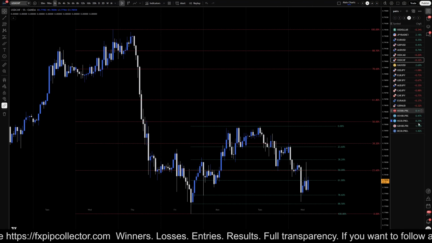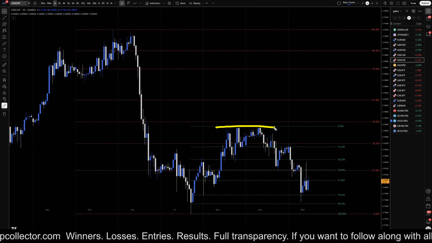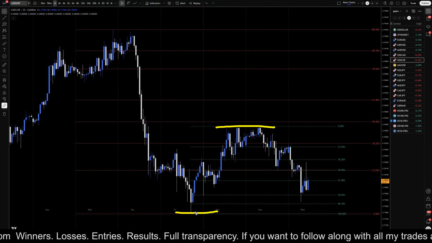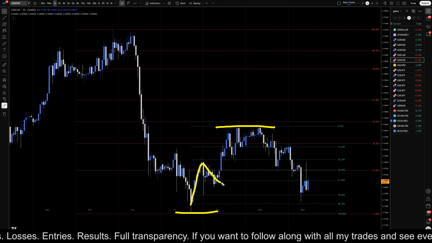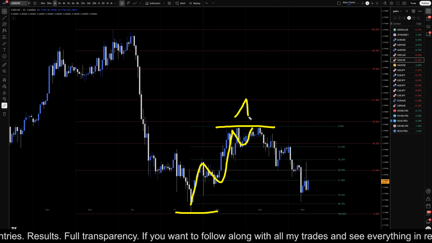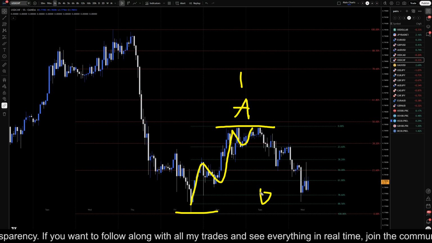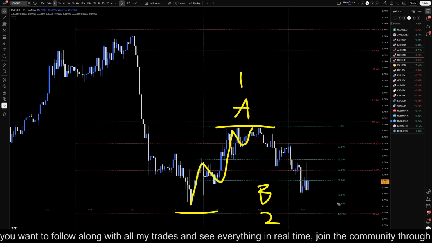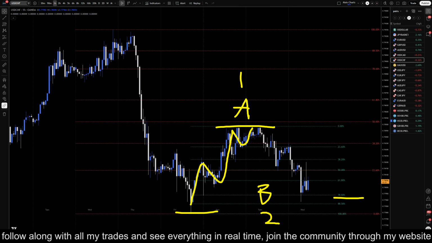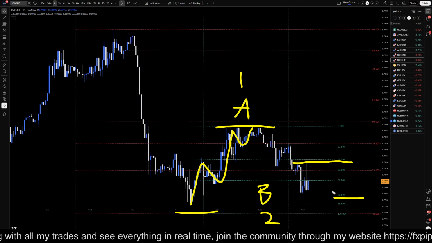So going down to the 1 hour time frame, this is where you want to put your Fibonacci retracement on the 1 to 4 hour time frame on this last move up. This move up does look potentially like a trend, like it could be a wave A or a wave 1. This move down could be a pullback to that move up, like a wave B or a wave 2. The 78% is really the last chance it has to turn. So this is your current structure.